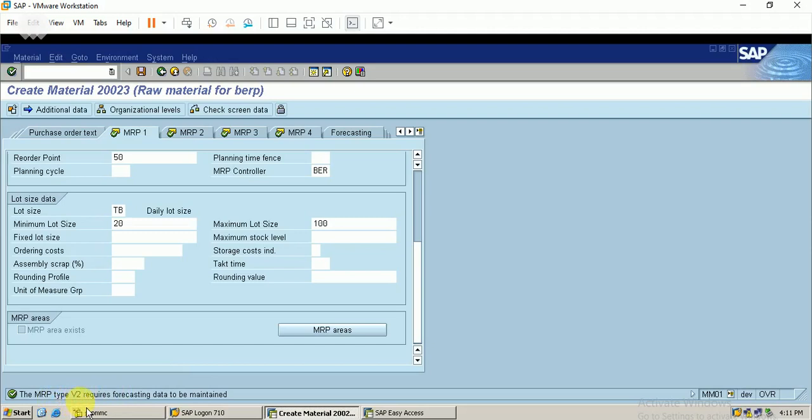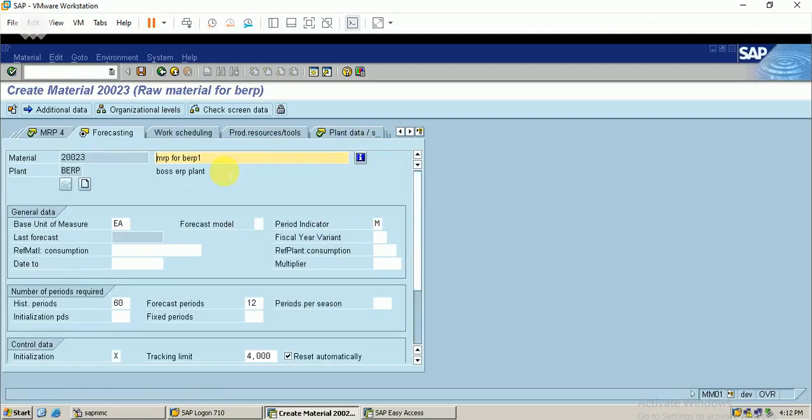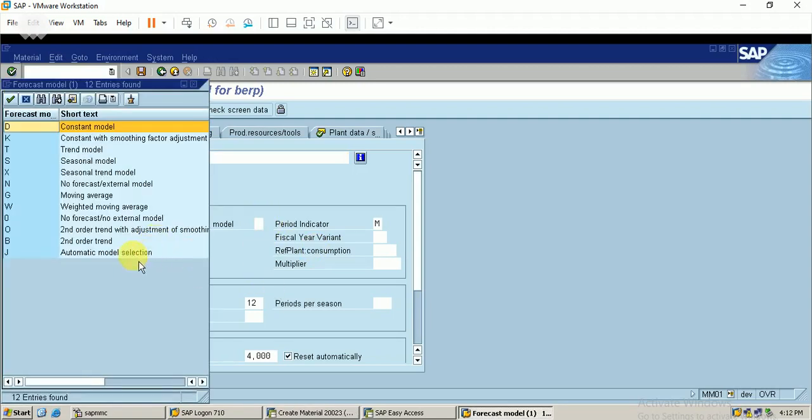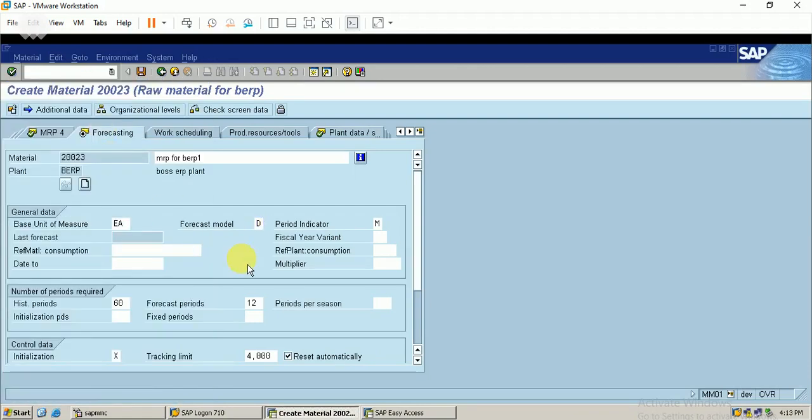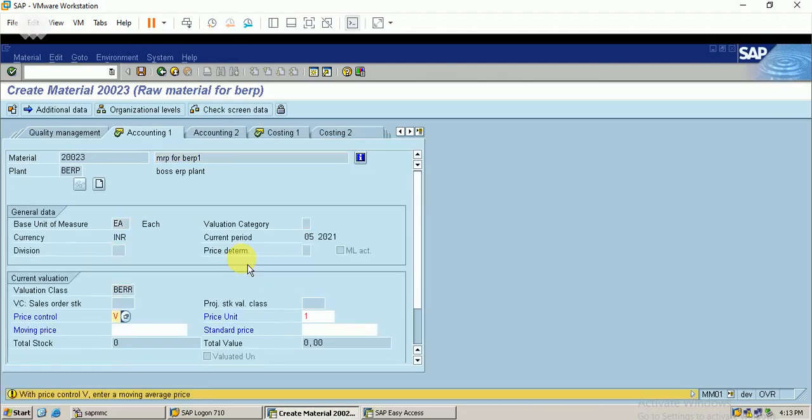Okay. The MRP type V2 requires forecasting. So it shows the MRP type V2 requires forecasting data to be maintained. So just click on this forecasting tab so that we can maintain this indicator also. Here the forecast model is important. So I just select automatic. Okay, let me have this. It's a constant model. Let it be the constant model. Just click on enter and save.